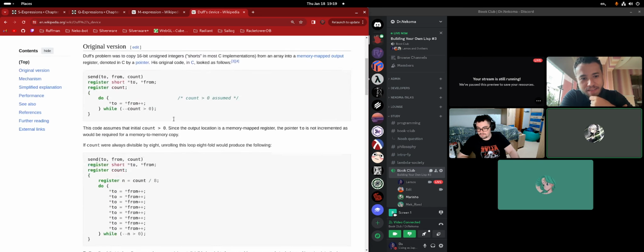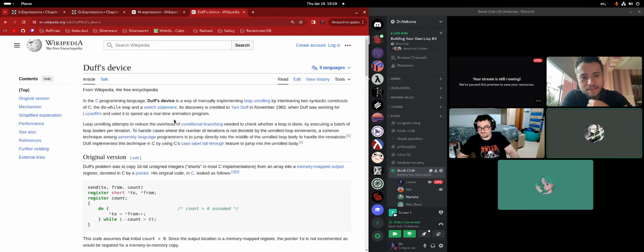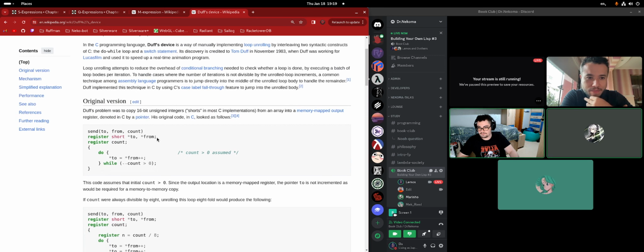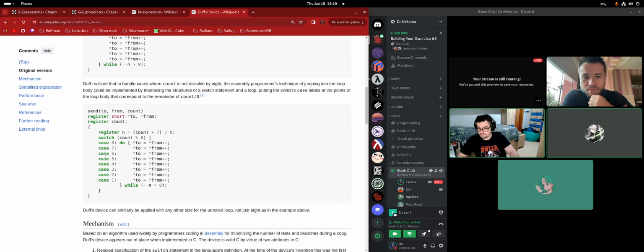Look at that switch statement. He starts with a loop, and he wants to unroll it, but then it doesn't always start from the beginning. It can start from the middle. So look at that switch and the labels and the do. What the heck?